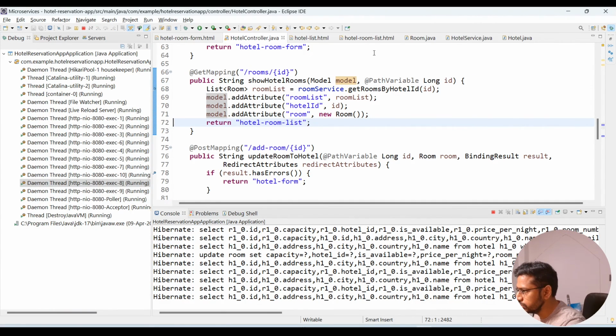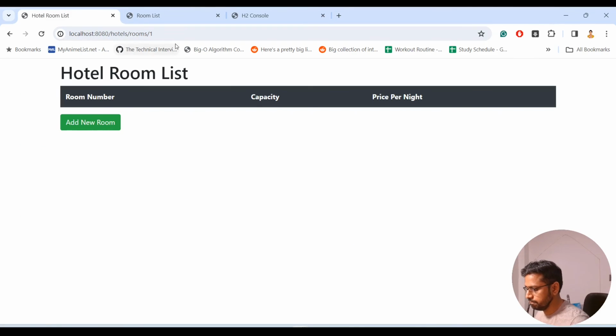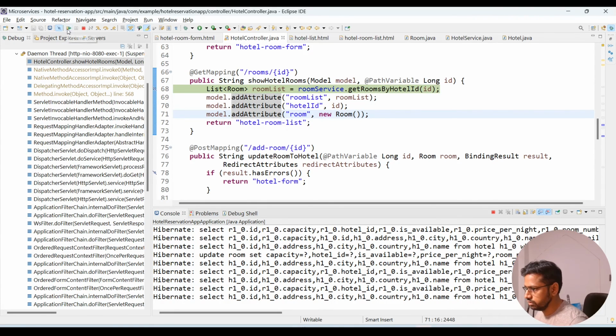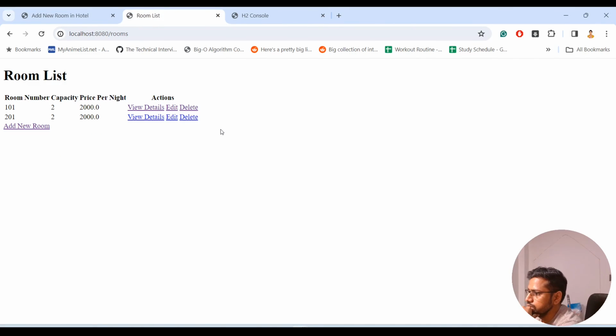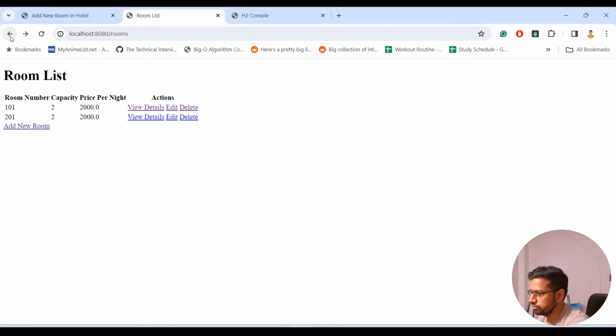So in hotel room list, okay, we got the room number. Alright, so similarly we can make a change to our room list and add new room page. This looks pretty ugly, right? So let's update this. So starting with room list,